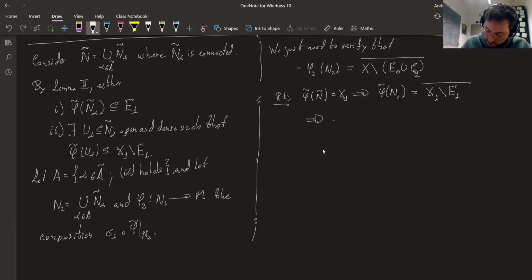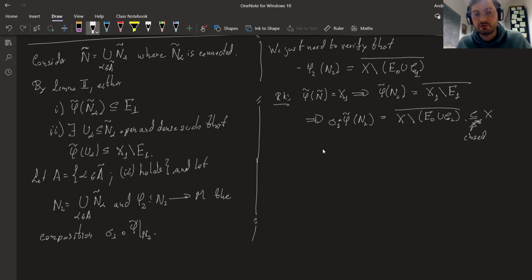And from there, if we compose n2, this is going to be 2x. It can be verified then that this happens, which is closed, and then here, this remark, which is closed. We are using that x is closed here to say that, well, we're not covering too much. This is what we needed to cover anyways. Okay.